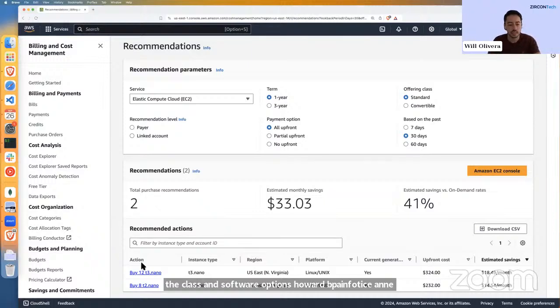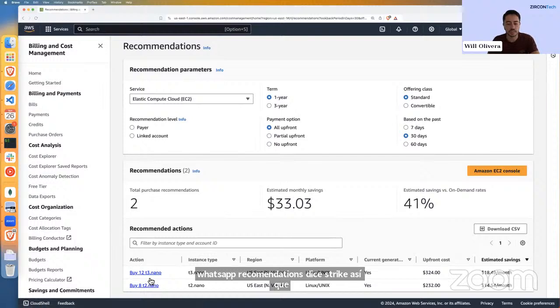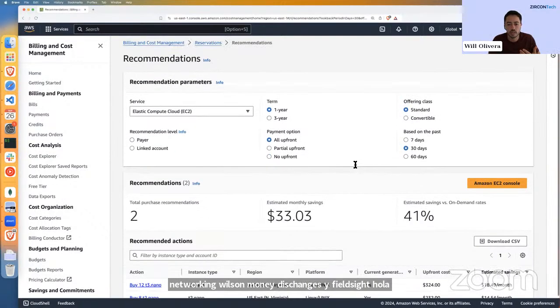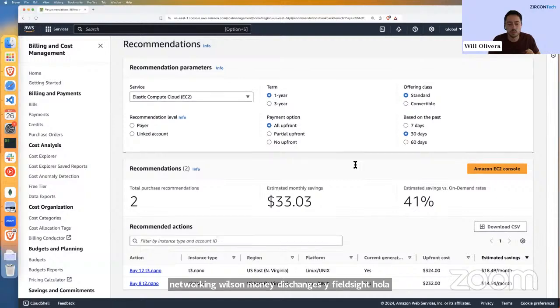And we get some recommendations on how we can use this strategy. As you can see, there are 2 instances that we could reuse, and these recommendations come from historical data. These instances have been running for a while, so AWS is saying, why don't you commit to 1 year of using it, and you will be saving quite some money. This changes if you decide to maybe pay partially or all at the end. And in case you want to proceed,